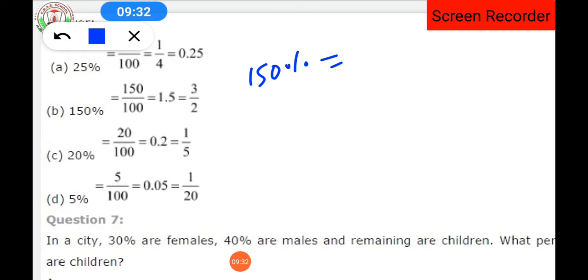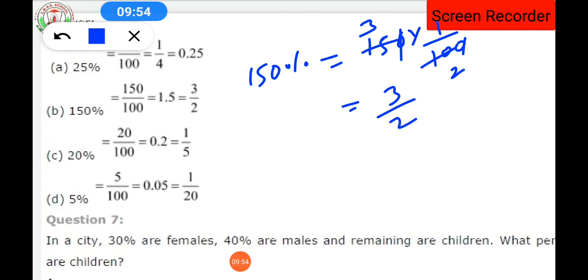0.25. Clear? In the same way, moving toward the next question, the B part, we have 150%. So this 150% can be written as 150 into 1 upon 100, isn't it? The zeros get cancelled. Here the 2 will get cancelled. 10 is cancelled in the table of 5, 2 times, and 15 in the table of 5, 3 times. So what is the fraction form we have? That is 3/2, isn't it? So when we divide 3 by 2, we get the required answer as 1.5, which is the decimal number. Clear?